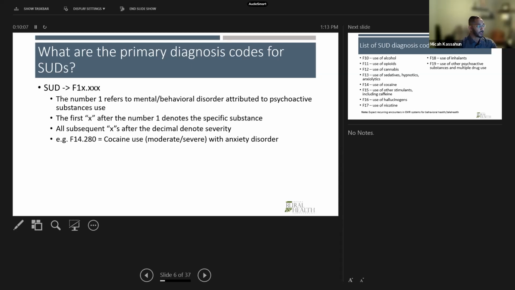If the 0 was left off of that, it would mean something entirely different. So F14.28 is completely different than F14.280. Again, I'm just emphasizing how specific your coding needs to be. Additionally, leaving anything off or adding anything could be a cause for missing a claim payment or reimbursement.